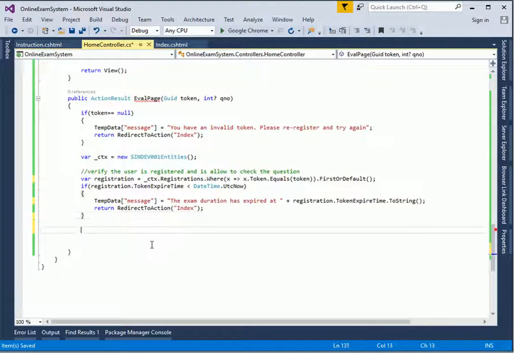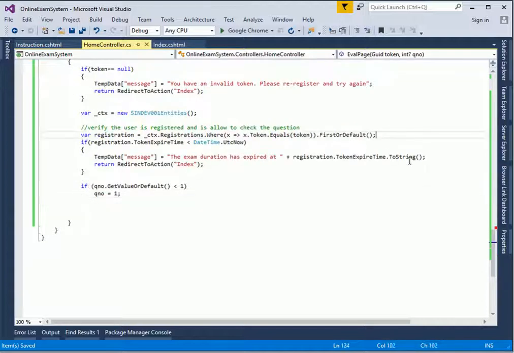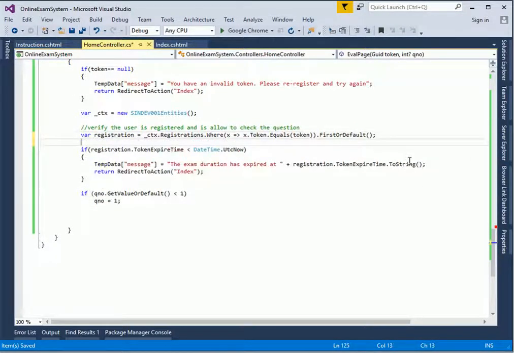Okay, now next. I'm going to have to also check if the question number dot get value or default is less than 0 or 1, because you know that on the first page they may or may not pass the question number, so I'll default every single invalid question number to 1. Now we have to make sure that